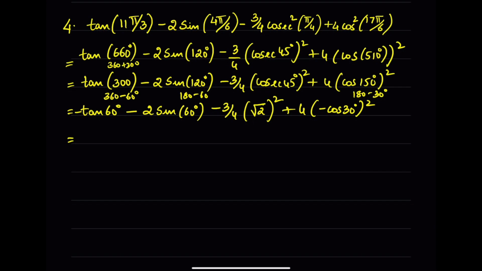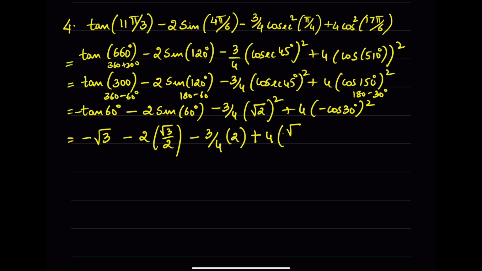Let us start applying the values. So this will be minus square root of 3 minus 2 times square root of 3 by 2 minus 3 by 4 times 2, and this will be plus 4 times square root of 3 by 2 the whole square. So there is a negative value here. Now if we solve this, we will have